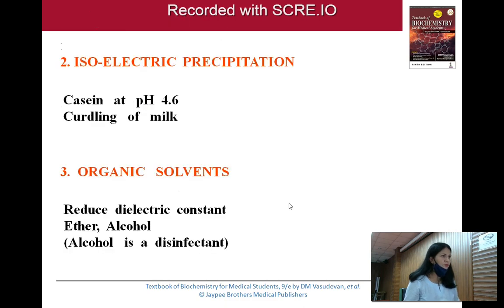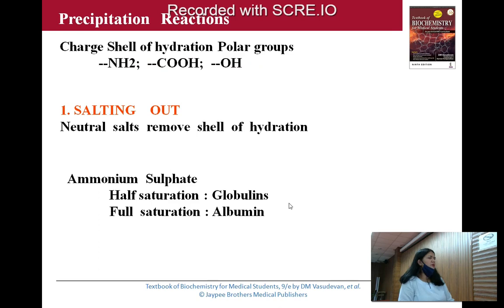Salting out. Then there is another thing known as salting in. Salting in happens when you add a very small quantity of neutral salts. When you add small quantities of neutral salts, they try to neutralize the unlike charges on the surface of the protein, since proteins get attracted to each other when there are unlike charges. So the proteins repel each other because of more like charges.